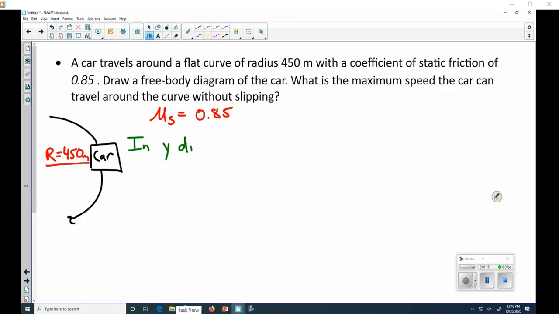So if you think about this with the car on the ground and the y dimension, the normal force and the force of gravity are going to cancel each other out. They're going to be equal to each other. This is because it is a level, flat curve. If this were not the case, you would have to account for gravity in this as well. In the x dimension,